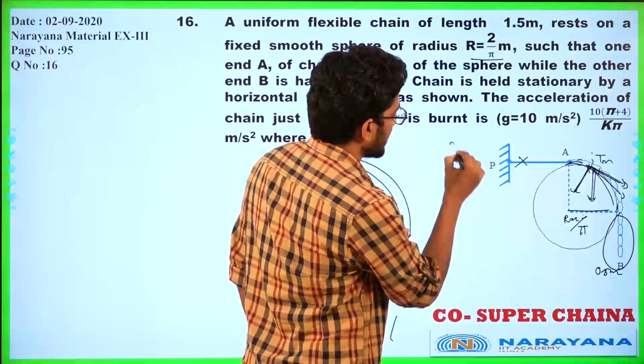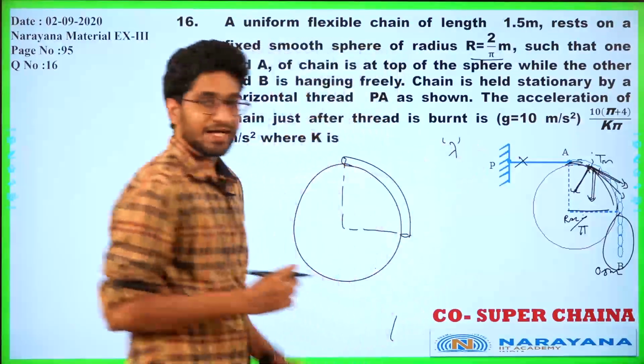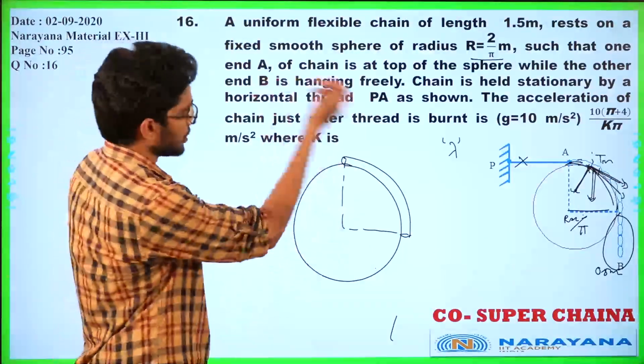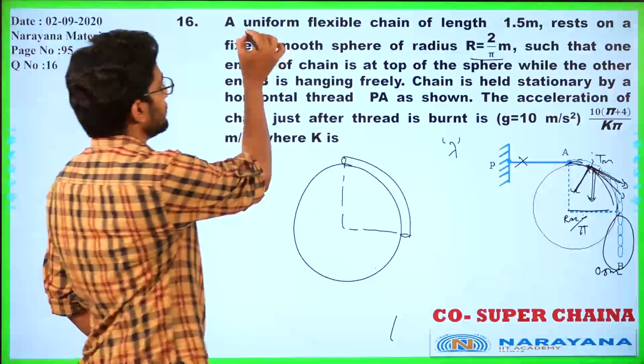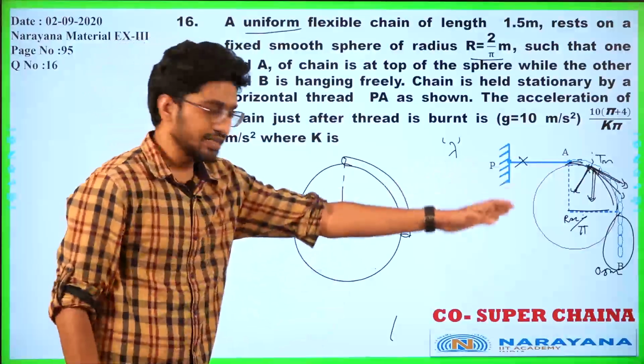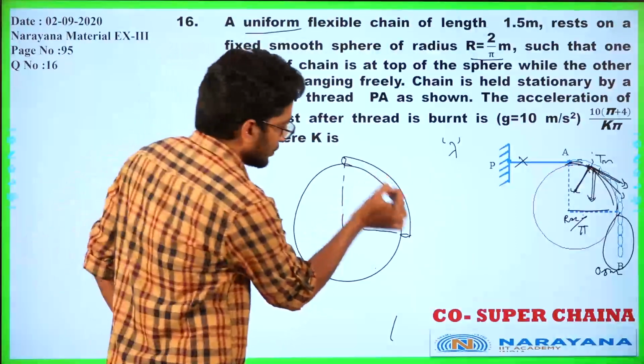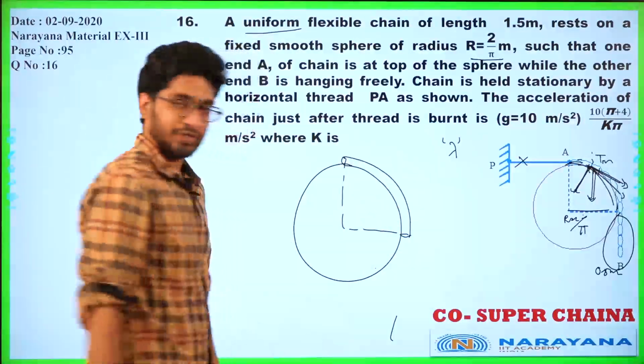So we take mass per unit length as lambda, that is linear density we say. Why? Because total mass is not given, but it is given as uniform. So everywhere I am considering the mass per unit length as lambda, right? Now I need to find only the tangential component of force at each point.